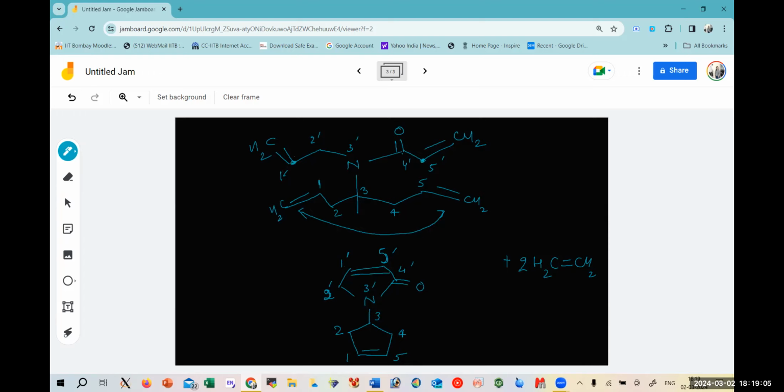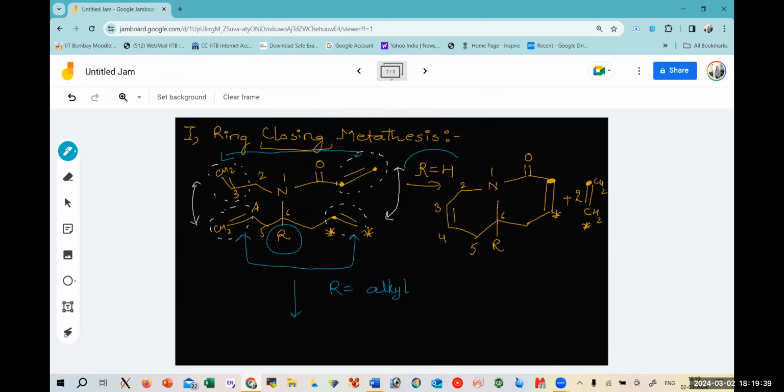The mechanism of this kind of metathesis, which is the simplest metathesis, has already been explained in the previous session. I would request, if anybody is not able to understand, please go back and check how the mechanism takes place. So this is the product, which is nothing but your N-cyclopentyl gamma lactams. So this would be formed as a major product if your R is any alkyl group, whereas if